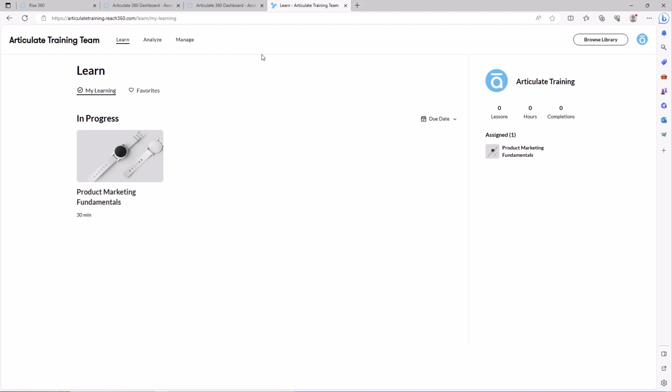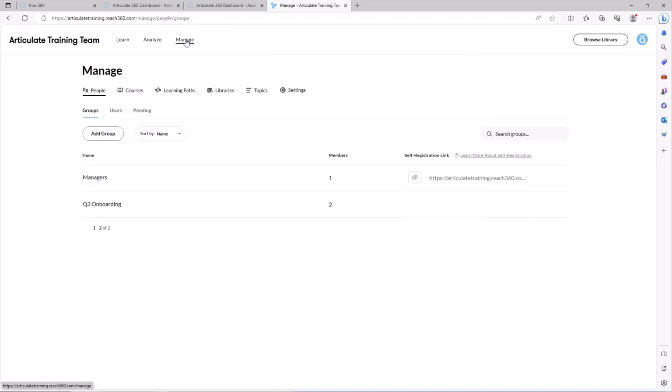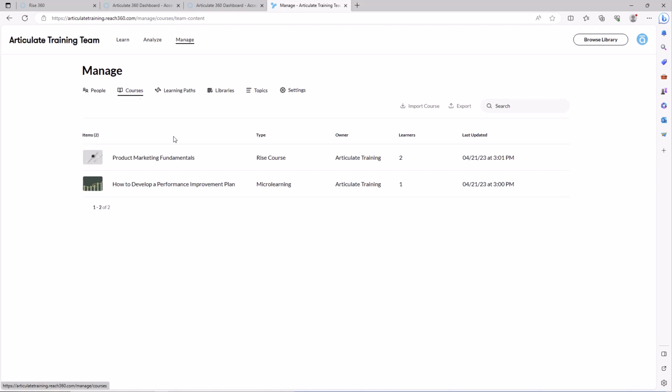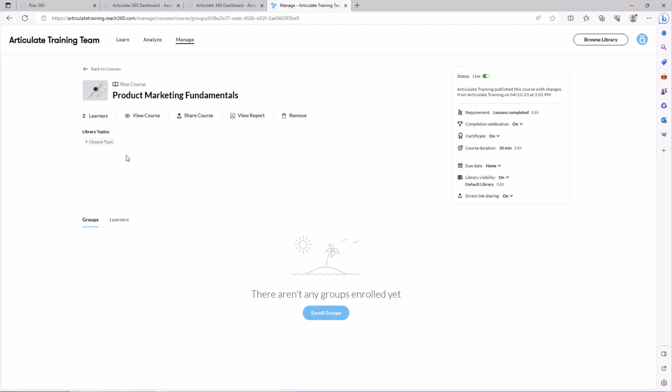So first we want to do is just go over to our Manage tab. And we need to find our courses. So click Courses. And any courses that you have here that have the sharing turned on, you can automatically share out a direct link. So how do you know that? Well, click a course. And then over here on the right, we want to look for the direct link sharing. And so this has been enabled right here. It may be turned off for the current courses, but you just need to turn it on.